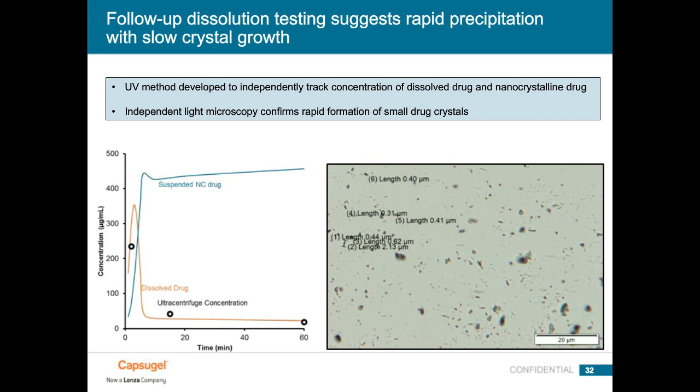And we can see here that, in fact, the dissolved drug shown in orange spikes up at about 2 to 5 minutes and then is almost at its baseline level but prior to 10 minutes. So this drug, in fact, while supersaturating quite well from an amorphous form, is very difficult to sustain. So we moved on and formulated this drug also as a lipid.